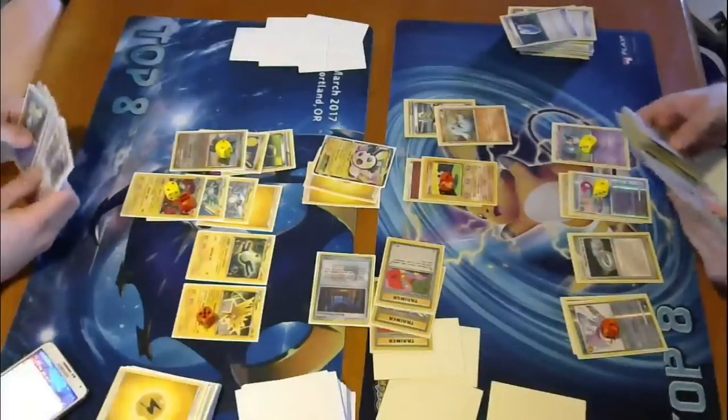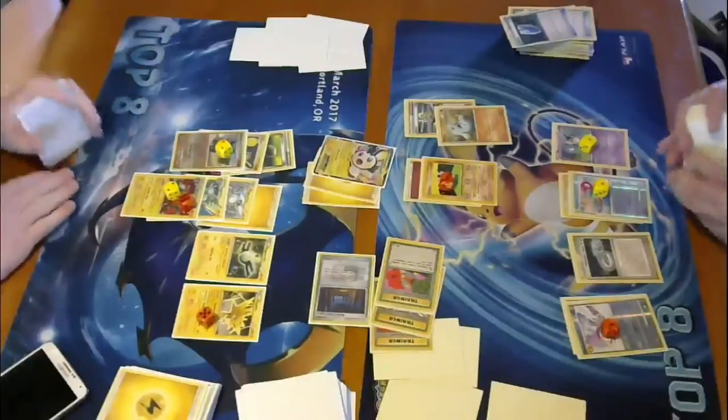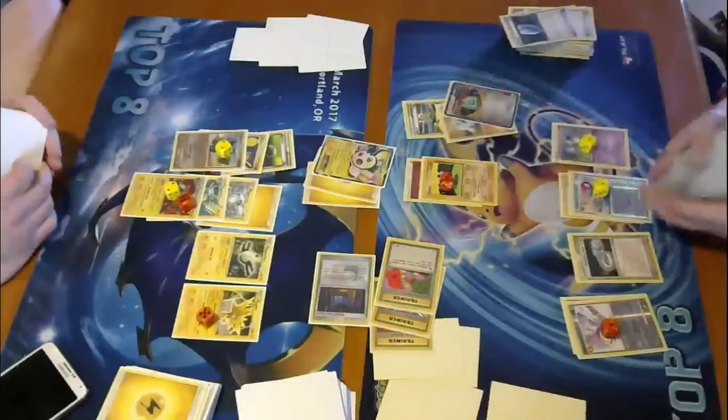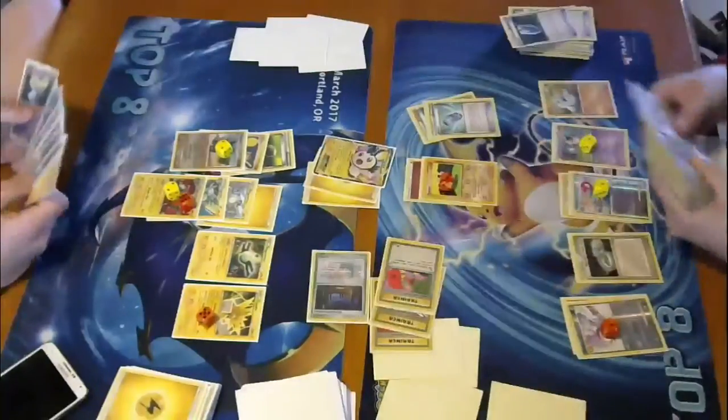Phanpy, and we're looking for... I think I grab a Dowsing of some sort, a Computer Search, something to grab me the DCE or the Aerodactyl, or I already have it. Or I'm just trying to blast through my deck. So we grab that. We're going to grab the Evo Soda with the